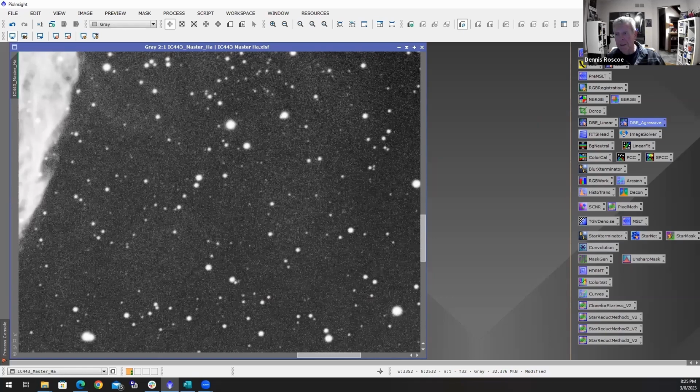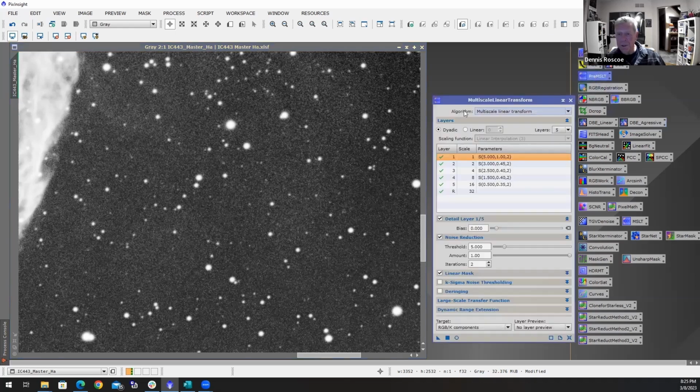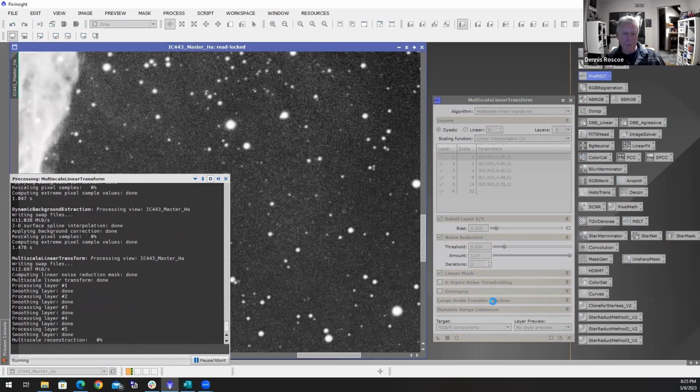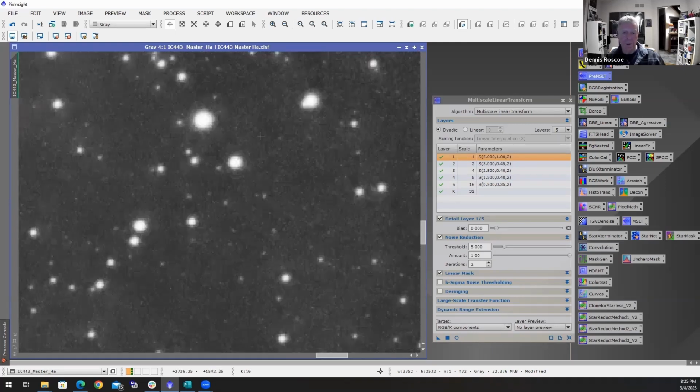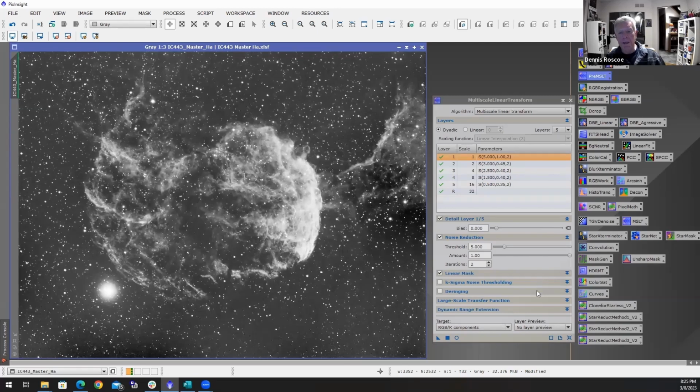interstellar noise here, and so what I'll typically do is a multiscalar linear transformation while I'm still in the linear mode, and again, these are all preset factors for this noise reduction program. And if you look real hard, you'll see that this program does a really nice job of cleaning up the noise in between the stars. So we're starting to get a pretty decent looking image here. Obviously, it's only the tip of the iceberg, but hopefully that kind of covers